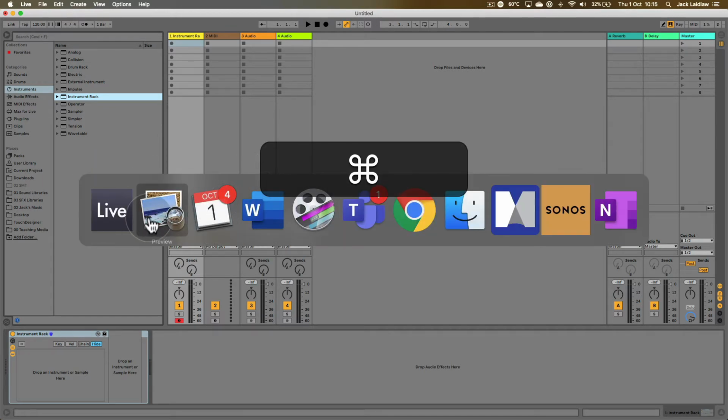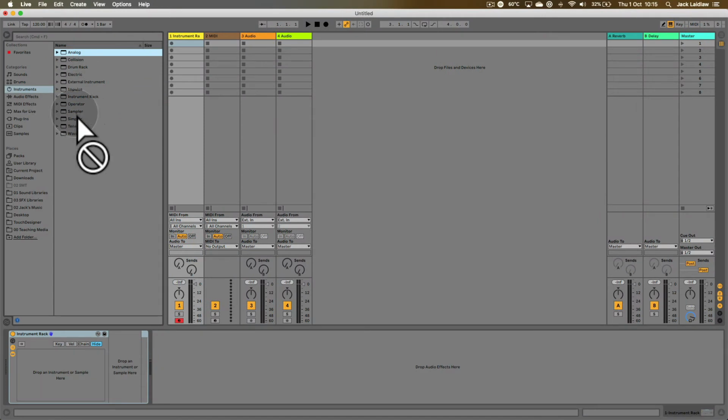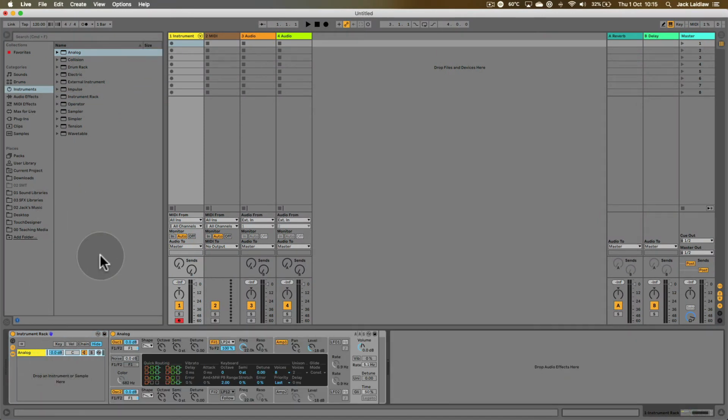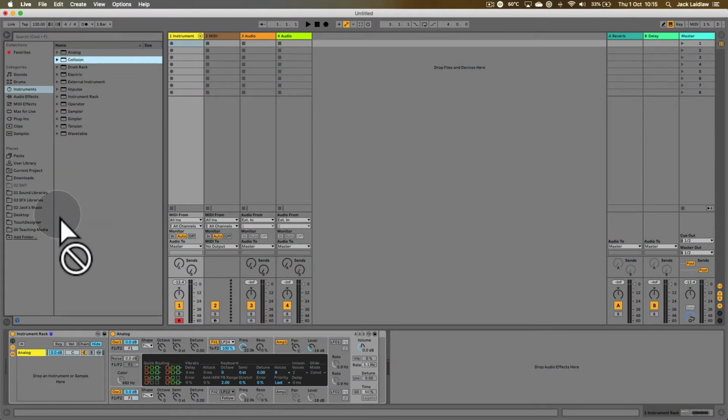So let me just go back to the diagram and remind myself of what I was supposed to be doing. So the first device on the first chain is going to be analog. So let's bring analog in. And that's the default version of analog. And I can play that. I'm just playing that with my QWERTY keyboard because this track is record armed. The next one is collision. So let's bring collision